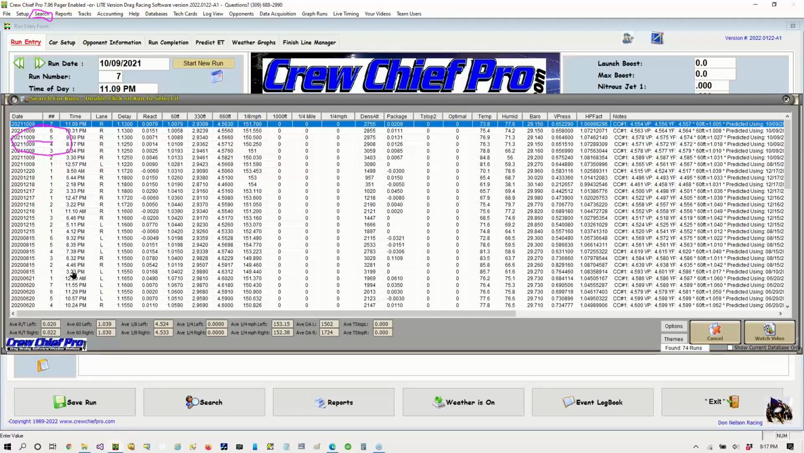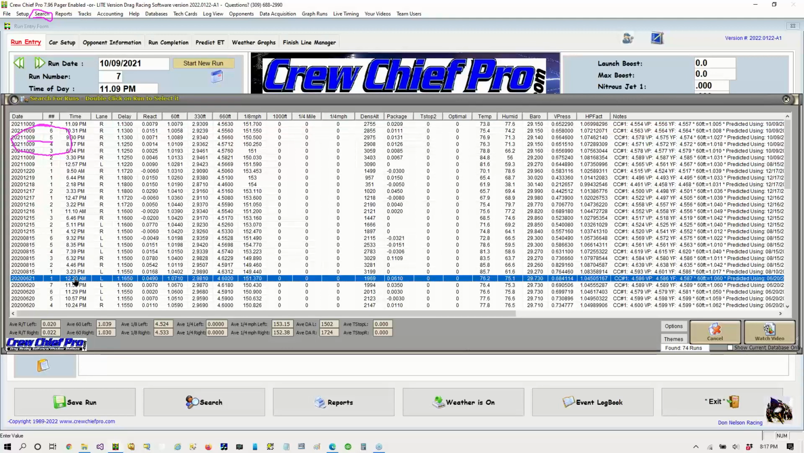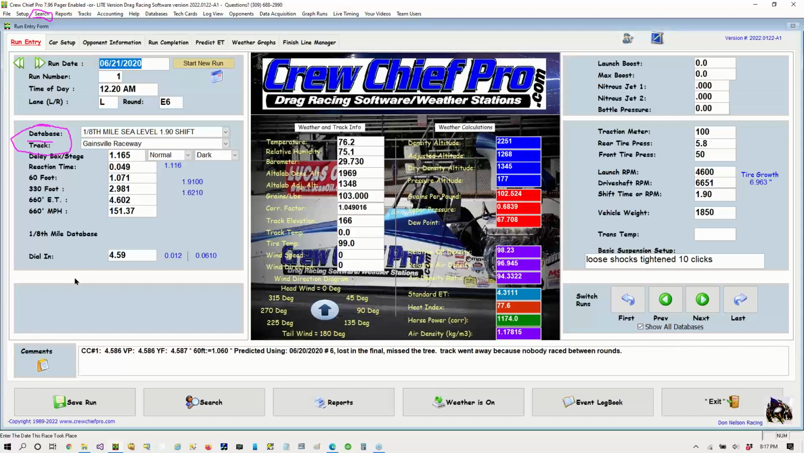So I'm just going to pull one up on the screen, a different one. This is Gainesville, and so I'm going to go through. Let me exit. So just so you know, let's go over some of these features here. Okay, let's say, for example, let me just find it. Probably a better run there. That would be better. Like here, I was 007 on the tree in this run. In the new version of Crew Chief,